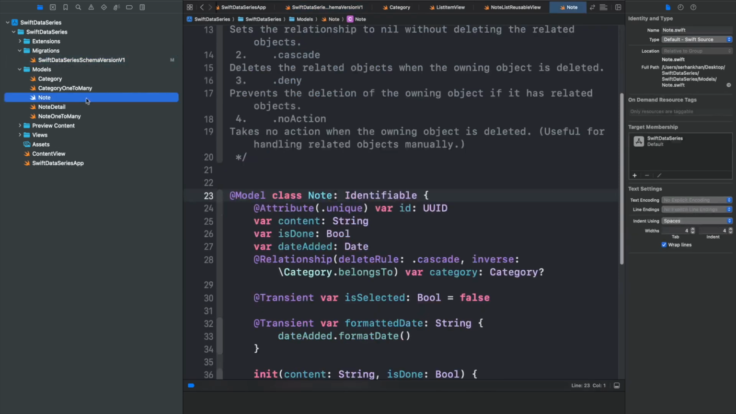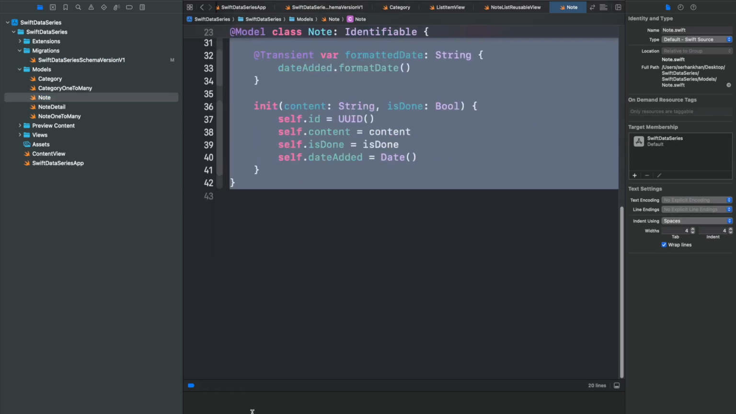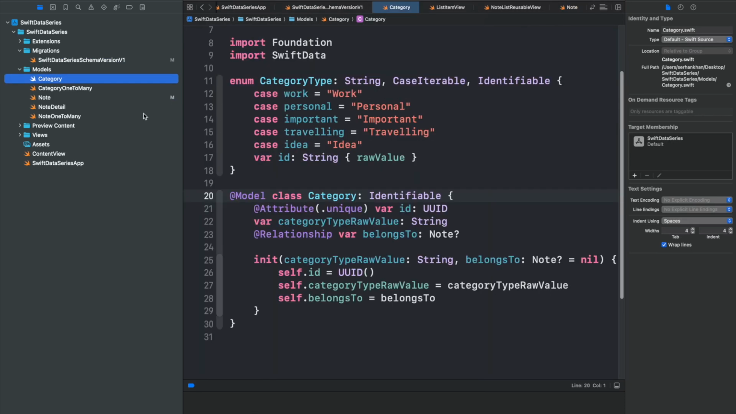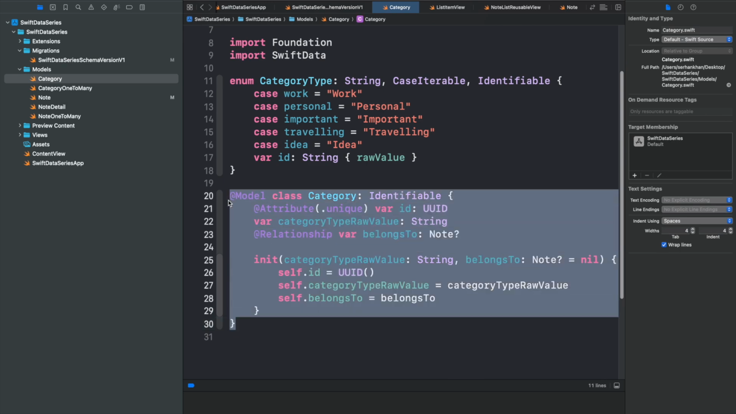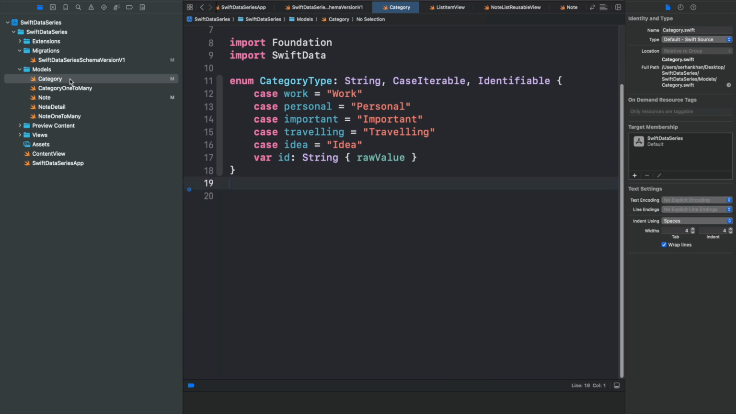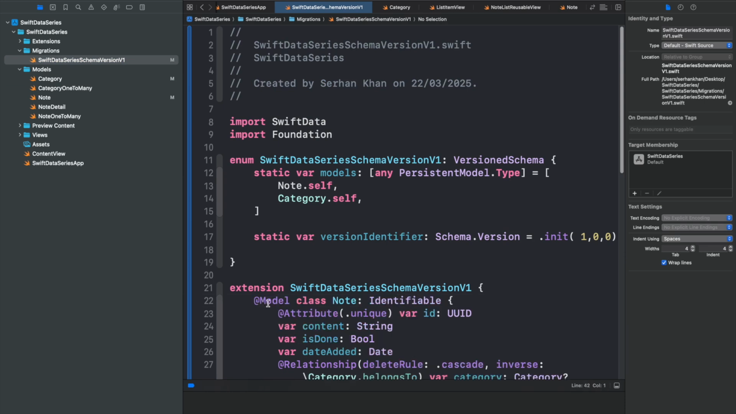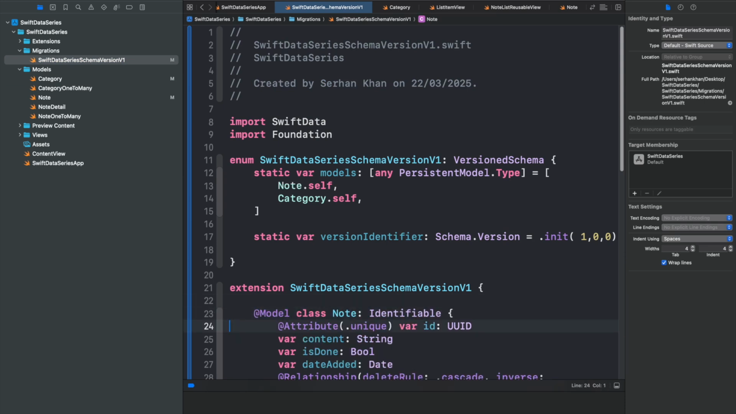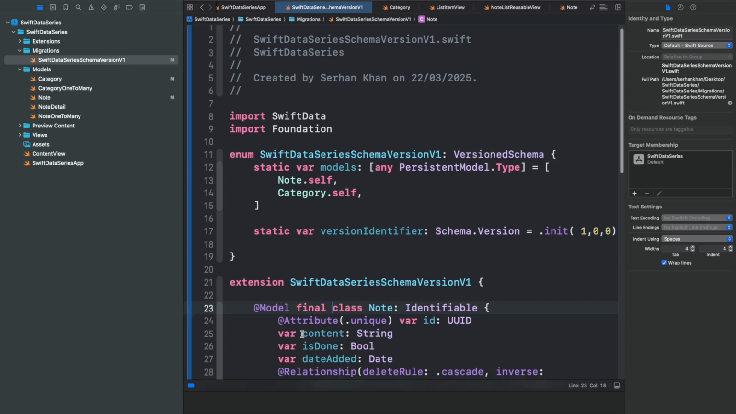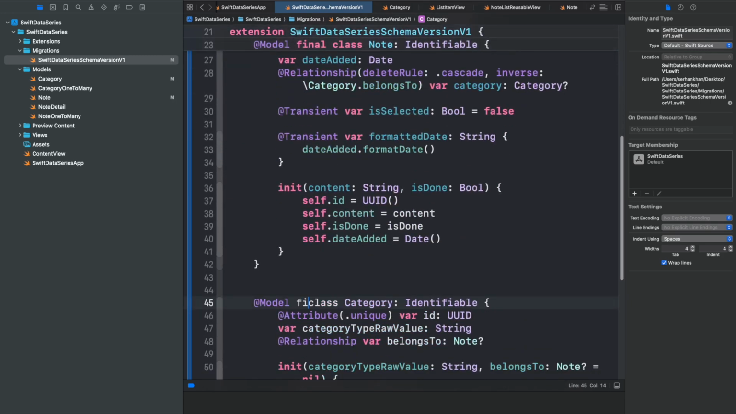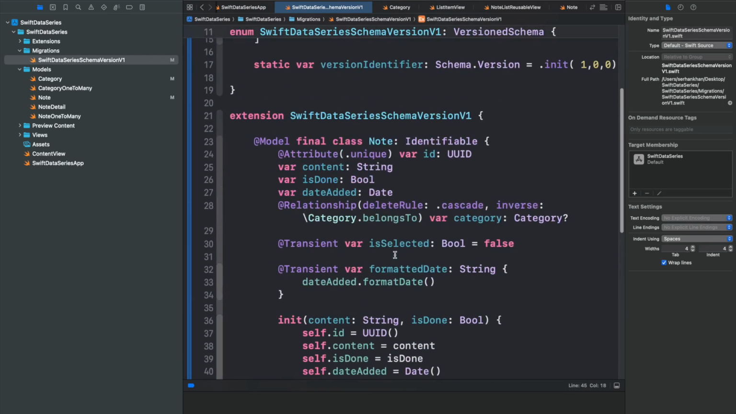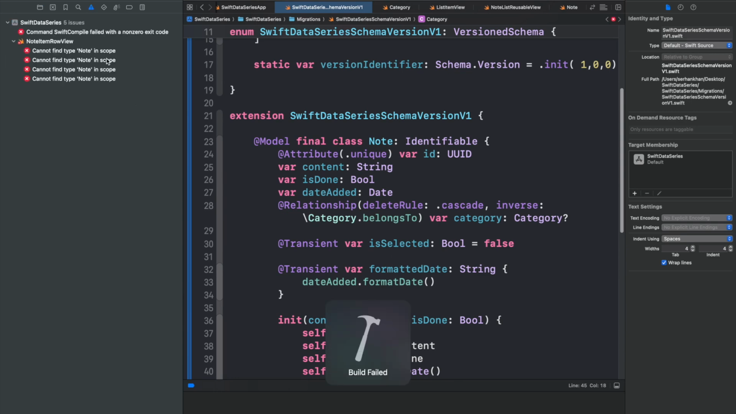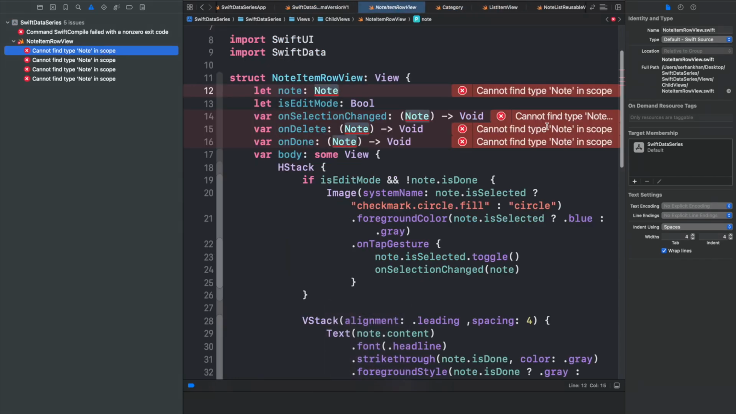Let's move the model, and we are going to cut, and we're gonna delete this one. We don't need it right now. We're gonna cut it and paste it here, and actually let's mark them as a final class as well, so that nothing can inherit them and overwrite them. Okay, and if we try to build the application, it's going to fail because currently the node model cannot be